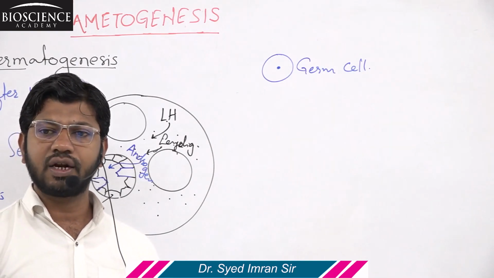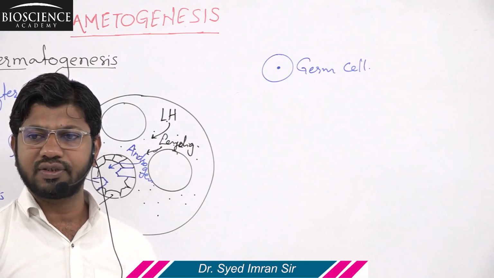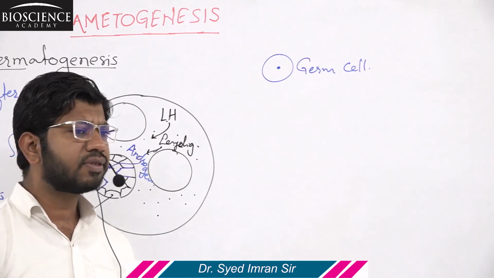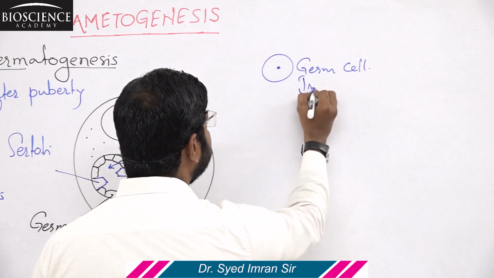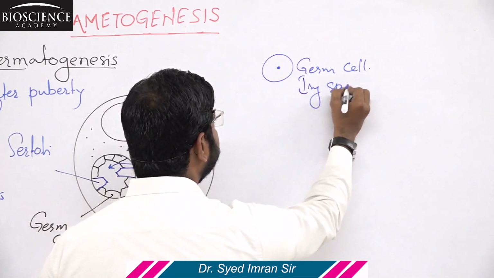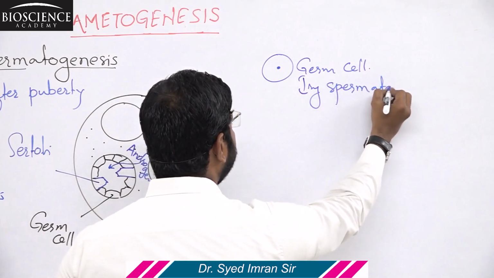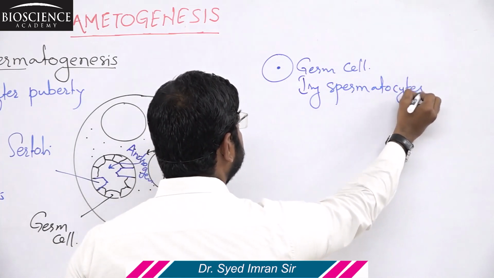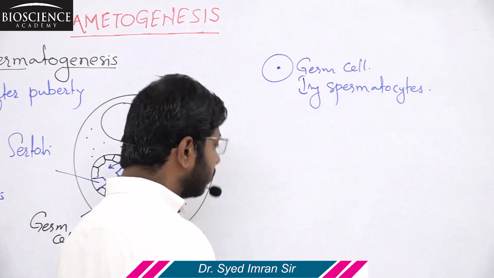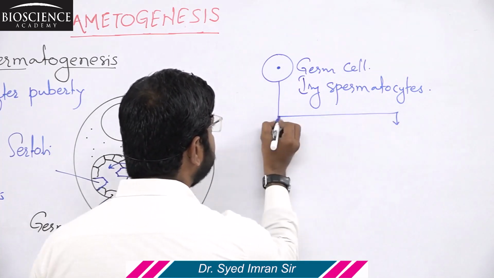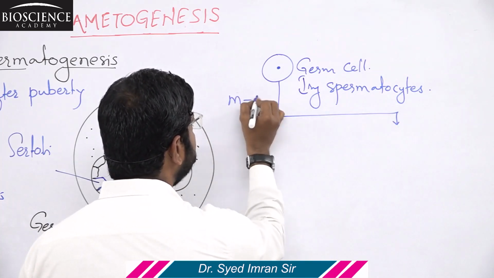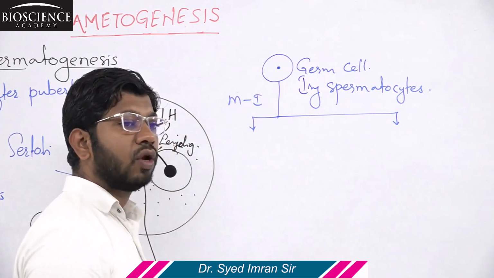Androgen will induce the germ cells for meiosis. The germ cells that get ready to perform meiosis will be named primary spermatocytes. And this primary spermatocyte, when it performs the first phase of meiosis, that is meiosis 1, which is the actual reductional